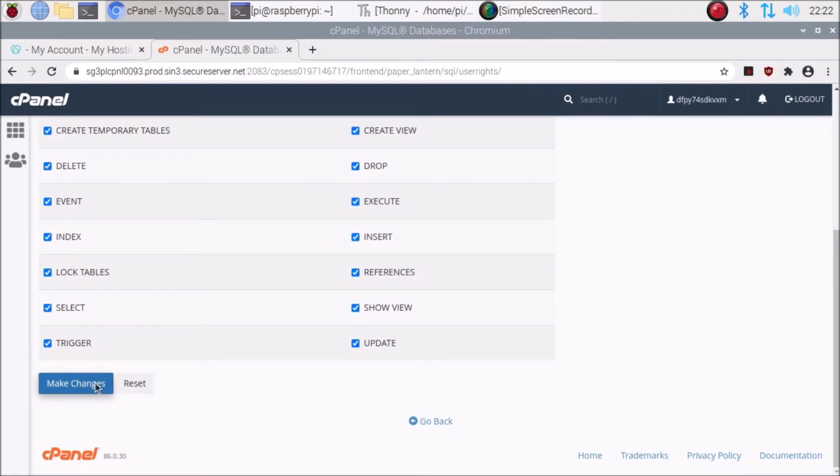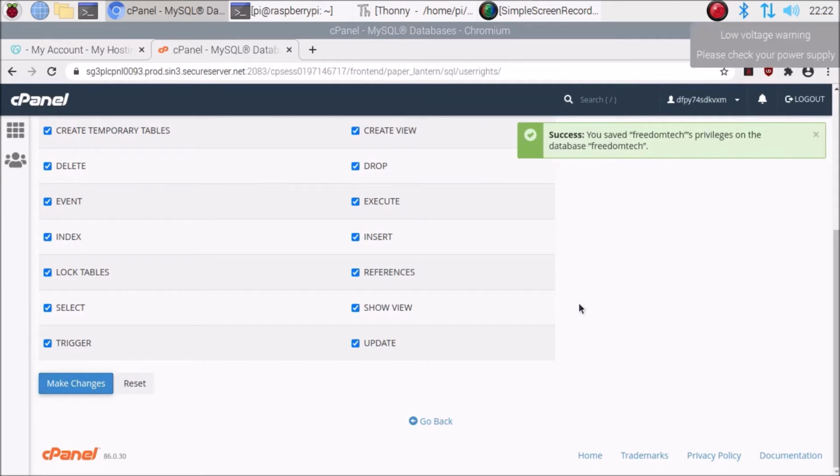Now as you can see, success. Now our changes are saved. Now we can access the newly created database using the new user. I have created Freedom Tech as a database and also Freedom Tech as a user. Okay, now we are ready.